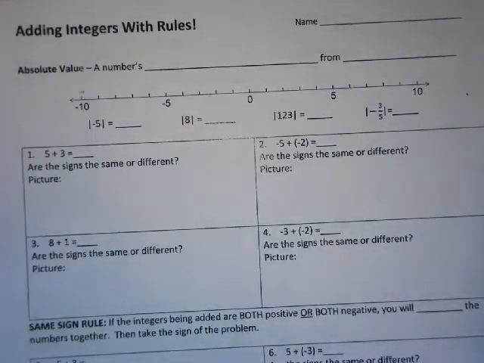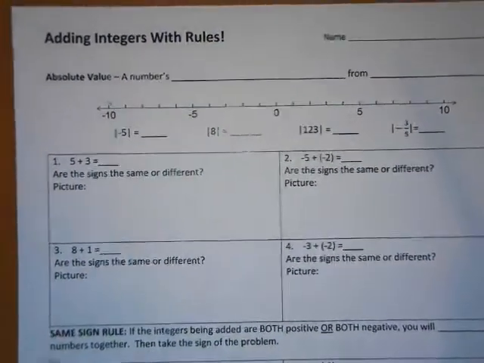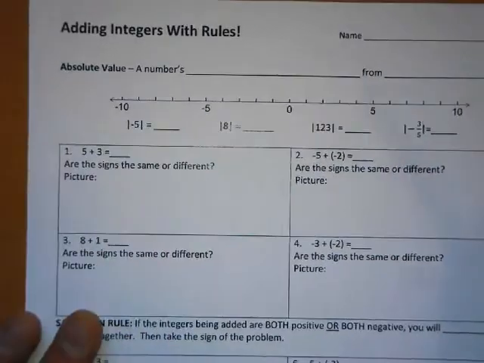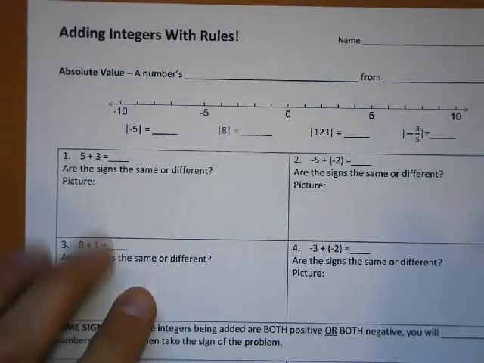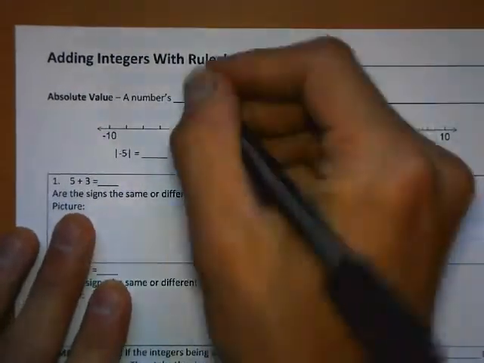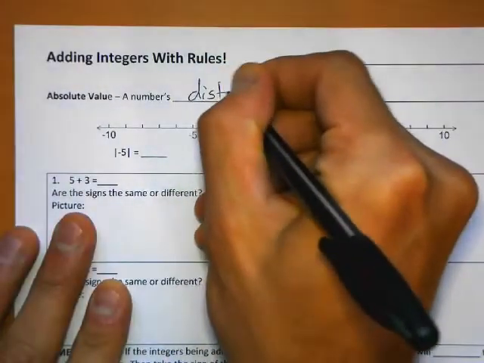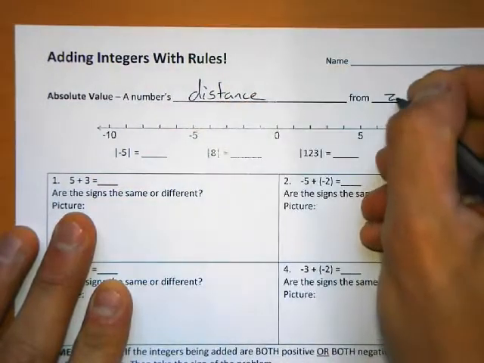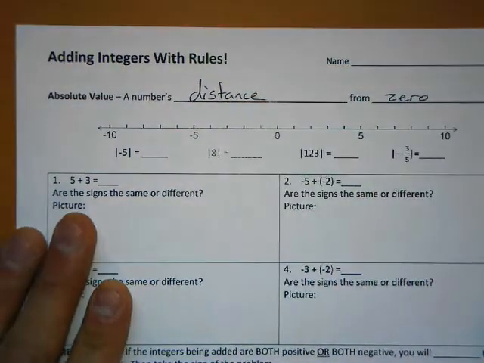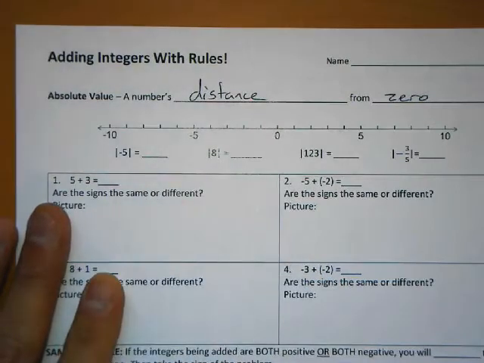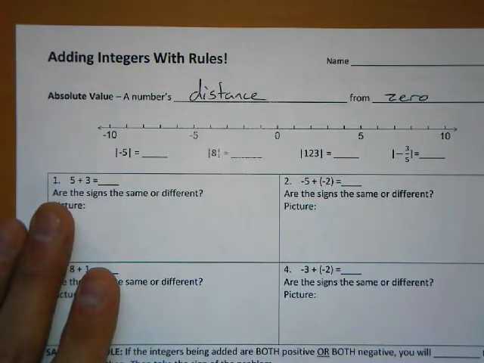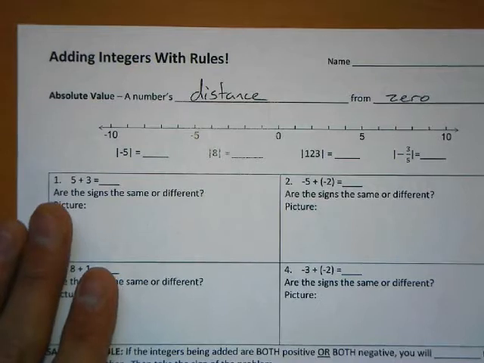Alright, before we jump into adding some integers, let's review some vocabulary. You probably remember absolute value. If not, let's get it down. Absolute value is a number's distance away from 0. We show absolute value with these two vertical lines. And you probably remember that the absolute value makes a number positive, and that's kind of true, but let's understand